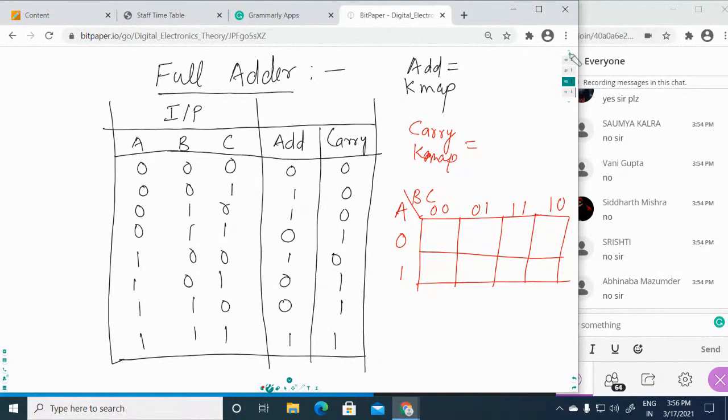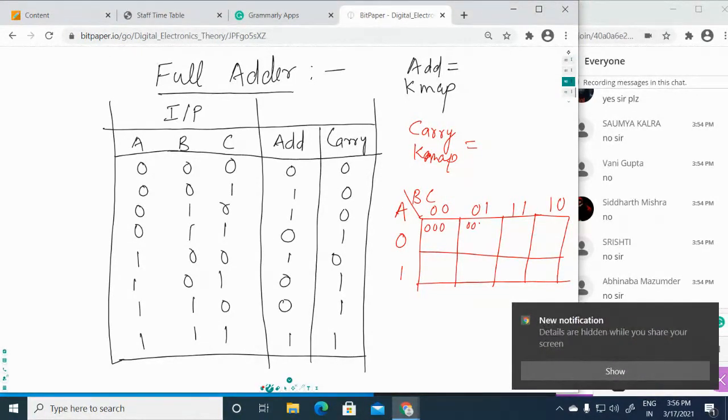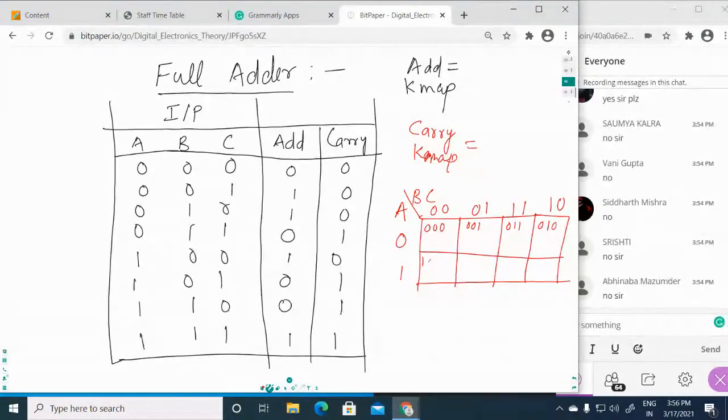So the first input combination is 0 0 0, then 0 0 1, then 0 1 1, and 0 1 0, then 1 0 0, 1 0 1, 1 1 1, and 1 1 0.